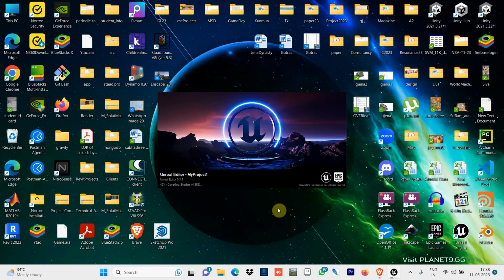Then if you right click and move, that is just movement, not rotation. You can do all those things. Similarly, for zoom in and zoom out, scroll the mouse up to zoom in and scroll down to zoom out. Similarly, suppose I want to trace some actor, you just select the actor and press F, with the cursor inside the workspace, and it will immediately take you to that one.